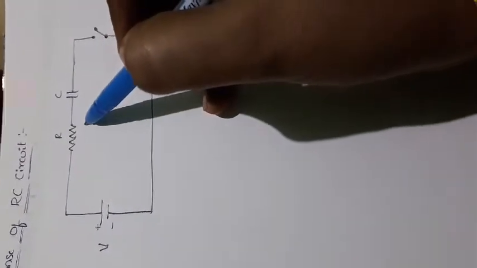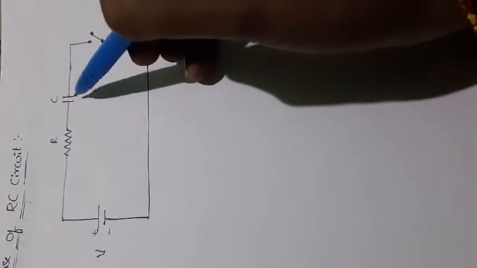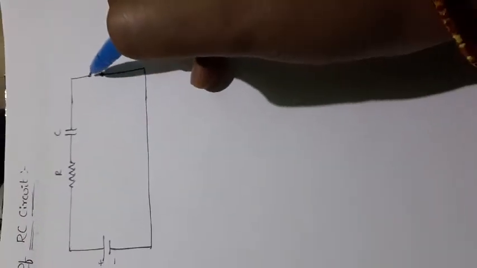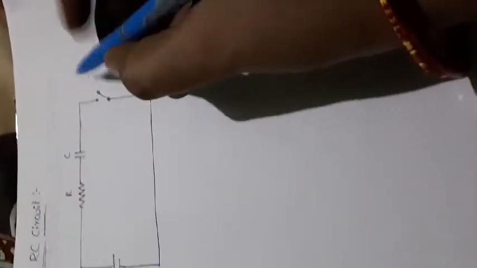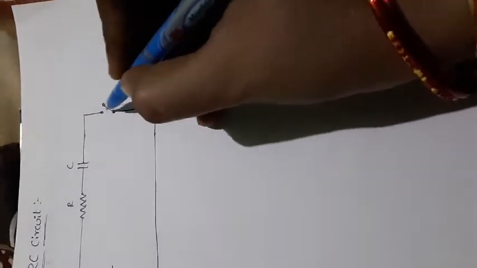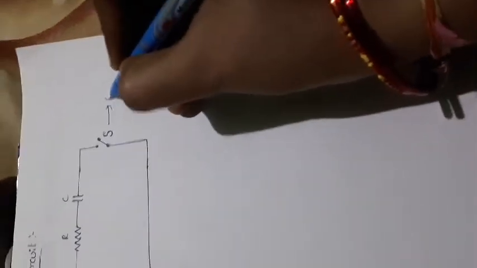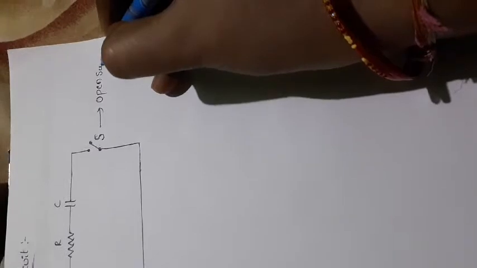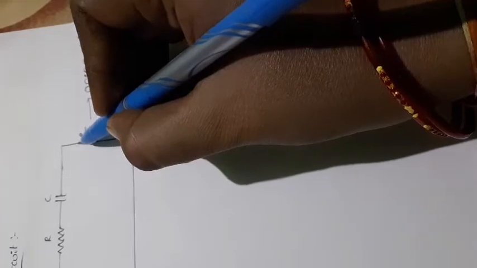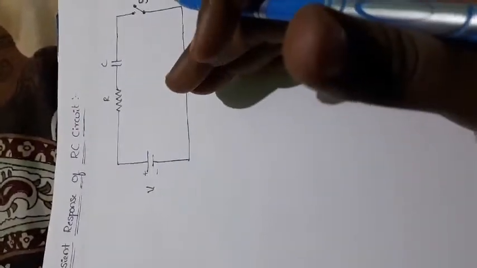Initially we are applying the voltage source, and this is the resistor and this is the capacitor. The voltage across the resistor is VR and the voltage across the capacitor is VC. And you absolutely know this is the switch symbol, right? That is nothing but an open switch. The symbol of the switch is like this, meaning an open switch path. If the switch is in closed state, this symbol is attached here, that is a closed switch. Now we have to find the voltage response for this transient response of the RC circuit.